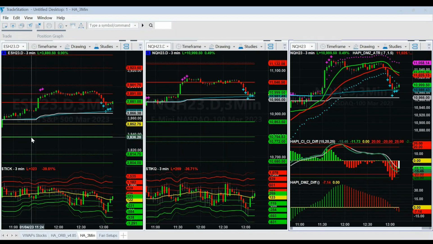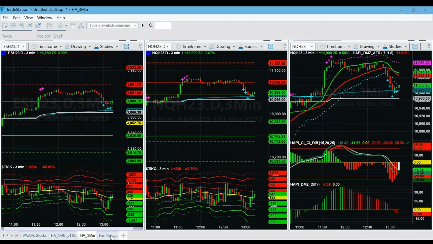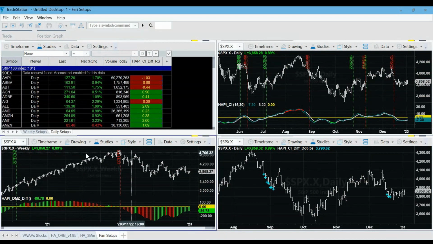Okay, so I talked a little bit last week about how to use dailies and weeklies. So we're going to try to see if this will not explode my machine. Okay, so first things first, if we're talking weeklies, this is in the bottom right-hand corner of the chart. This is the DMZ. This is what I like to use to kind of ascertain the primary trend of things. And so if I'm ever looking at